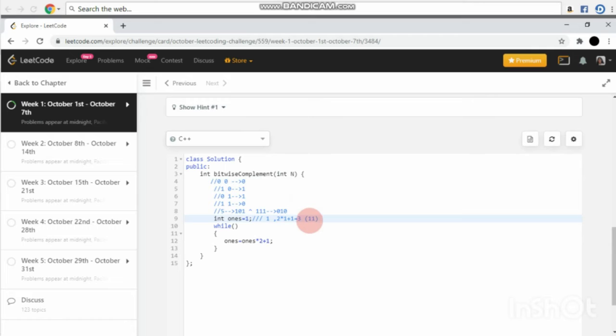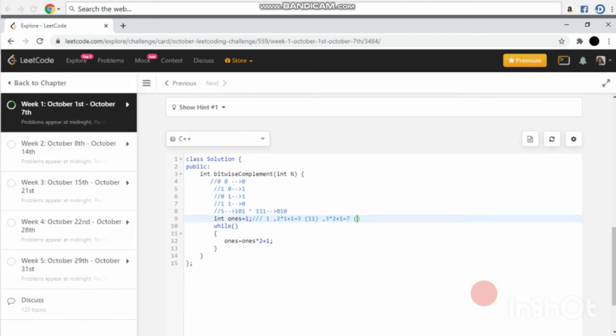I'm clarifying again, I haven't yet given any condition in the while loop. Next, if we do it once again, what we'll get is ones' new value equal to ones times 2 plus 1, which is 3 times 2 plus 1, which is equal to 7.